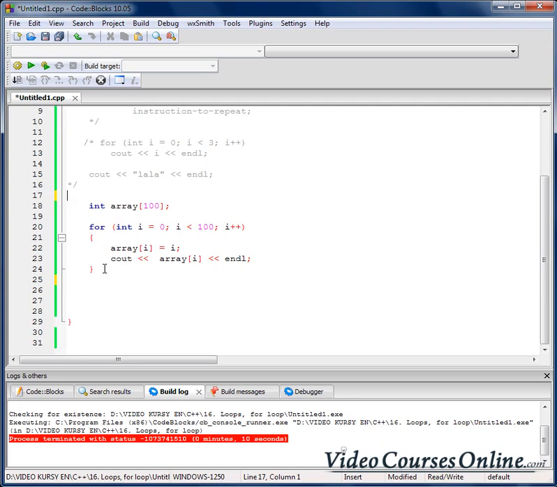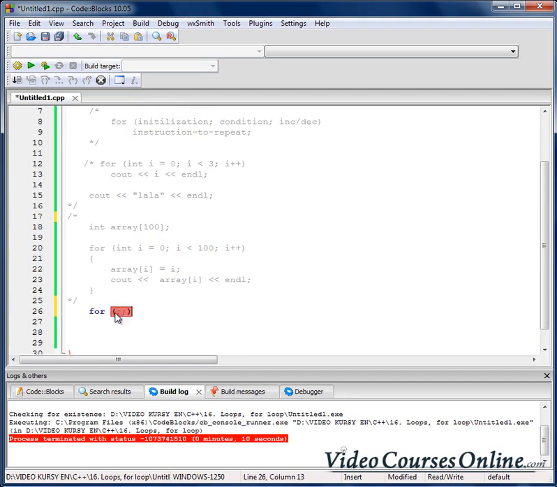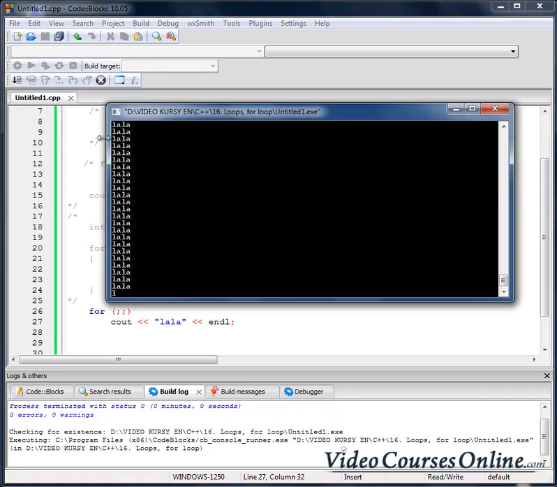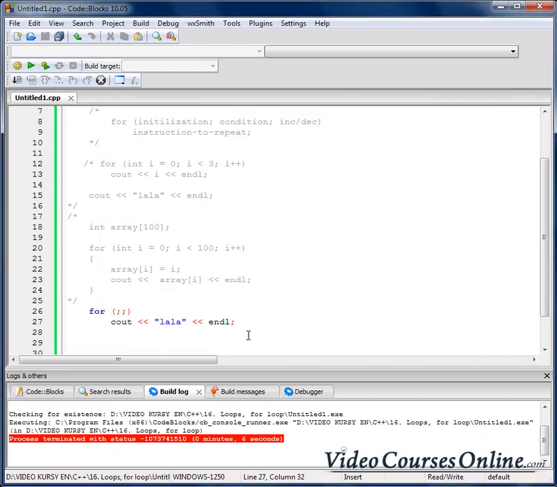Now I'd like to tell you about the infinite loop, which means that this loop will never end. I don't need to put anything in the fields here: initialization, condition, increment, decrement. I don't need to. When I don't do that, our loop will be infinite. So, for example, la la la, and let's see what's going on. Our program is going to execute forever. I will use now Ctrl+C to stop it. Okay,